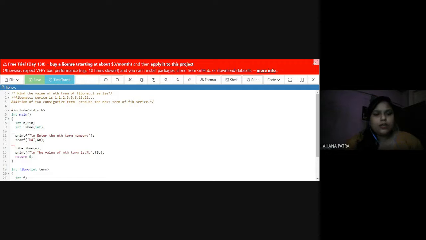If we ask for the third term of the Fibonacci series, what is the value? That is first, second, third. This term is the second one, 2. The value is 2, so the third term of the Fibonacci series is 2. And so on. If we ask for the fifth term, that is 1, 2, 3, 4, 5, the fifth term is 5, and the sixth term of the Fibonacci series is 8, and so on. So you can understand what the Fibonacci series is.